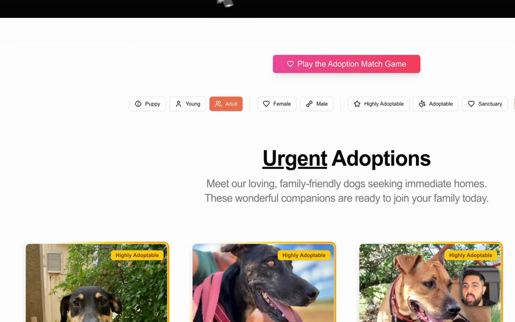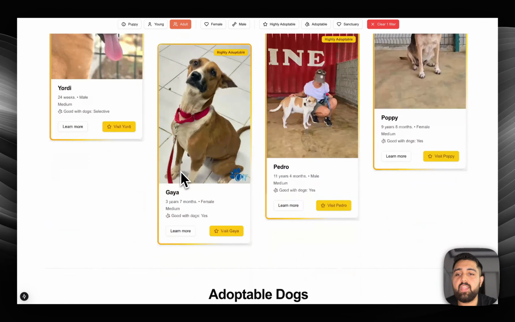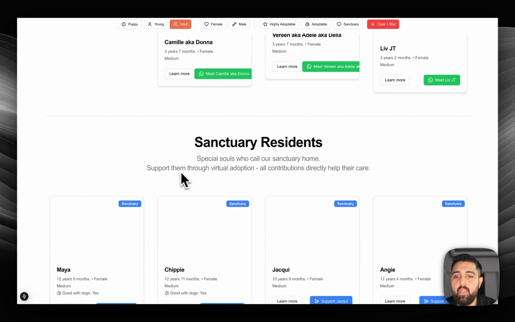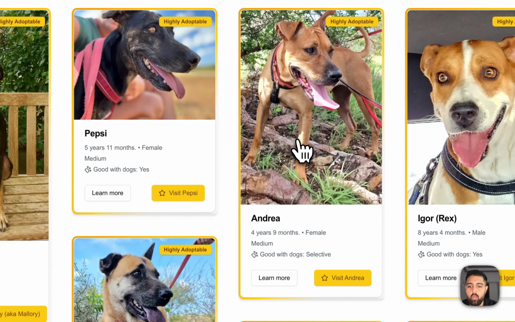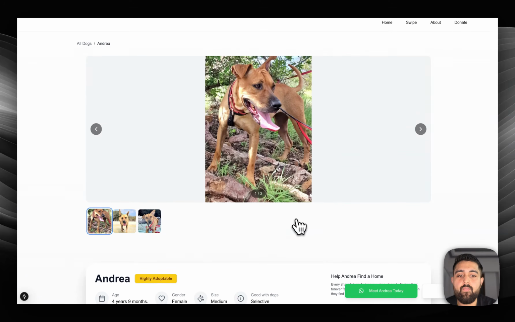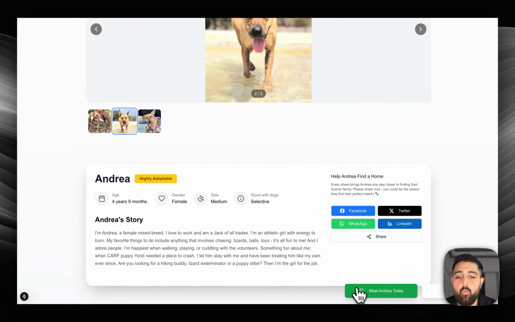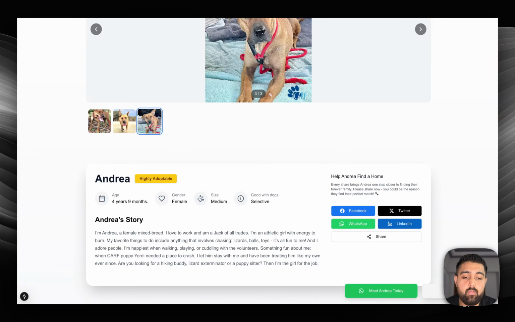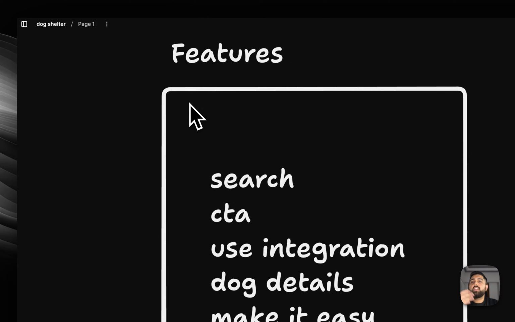These were my features. So I started coding it, okay? So eventually, I ended up with this. This is a simple NextJS app, right? It just integrates with that endpoint, all right? It renders all the dogs really nicely, all right? And if I click on one dog, like Andrea, for example, it just goes to the detail page, okay? And another thing I did was I made it possible to click on WhatsApp right away, and I added their donate link, okay? So we could see that these features were super easy. This was before